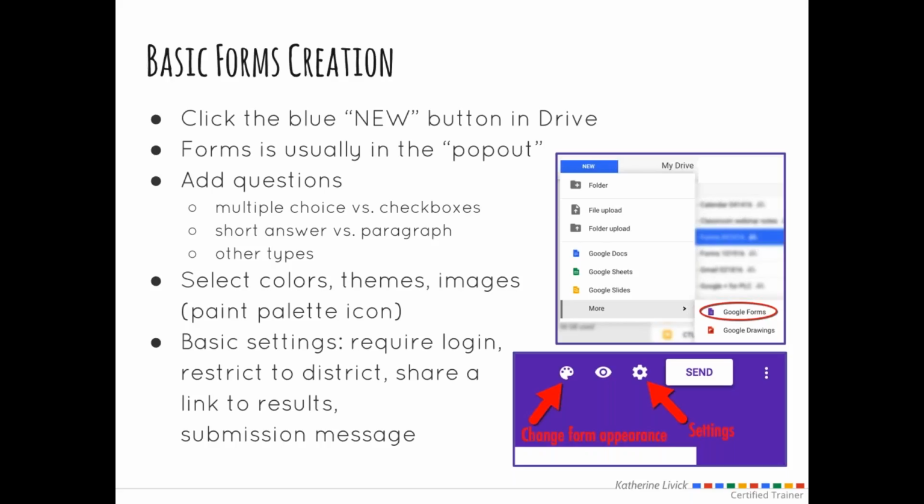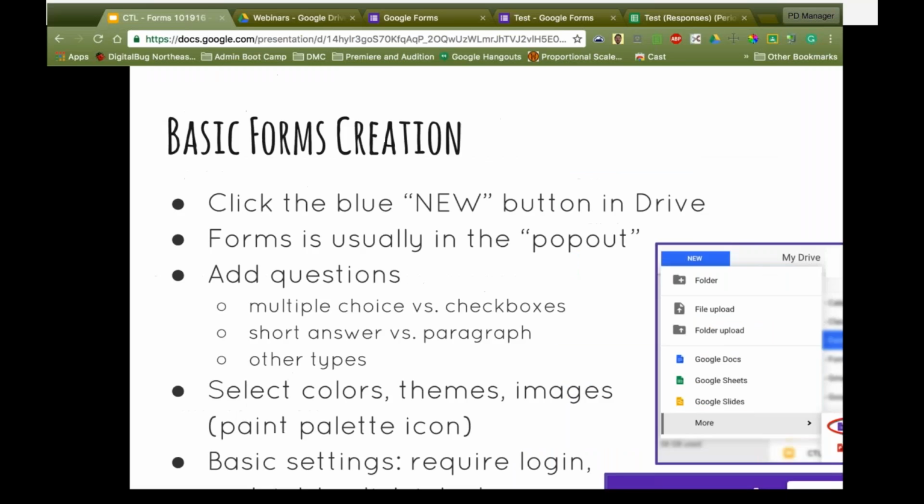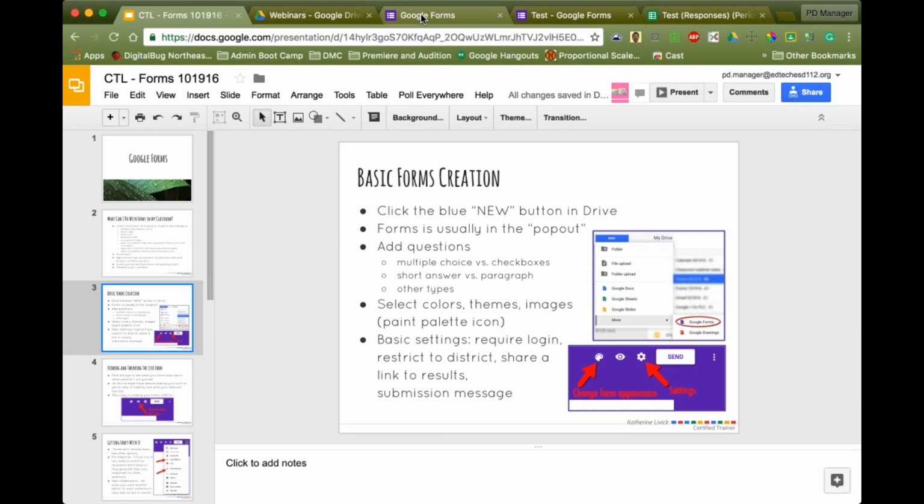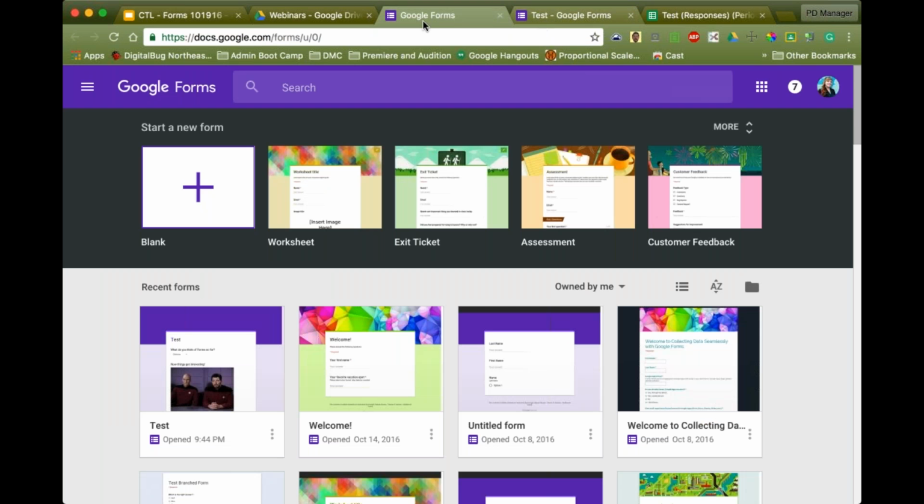From this Forms composition page, you can also select your colors and themes. You can upload an image if you want to change the appearance of your form. And then you can set all your basic settings using your little gear or sprocket there that tells your form whether it's going to be available outside your district, helps you share a link to the results, and gives a message to people after they've submitted the form. So there's a lot of different important things that you can do right from that main form